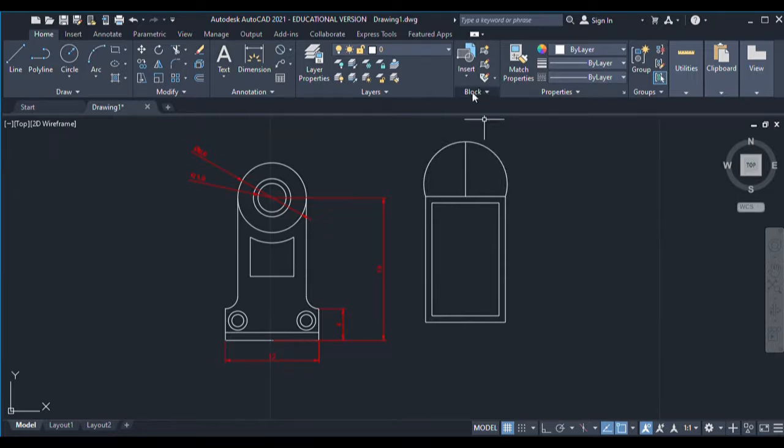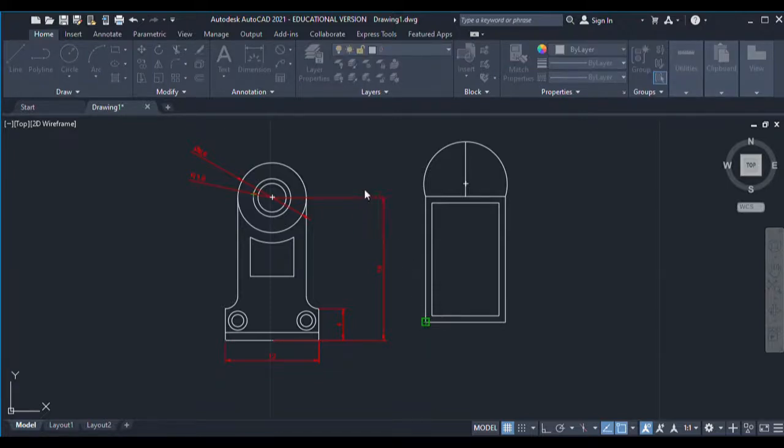So you come here on the block panel, and then you go to create. You click create, then you can name it. I'll just name it window, and then I will click there, and then the base point they want me to pick is this one. Okay, then object,